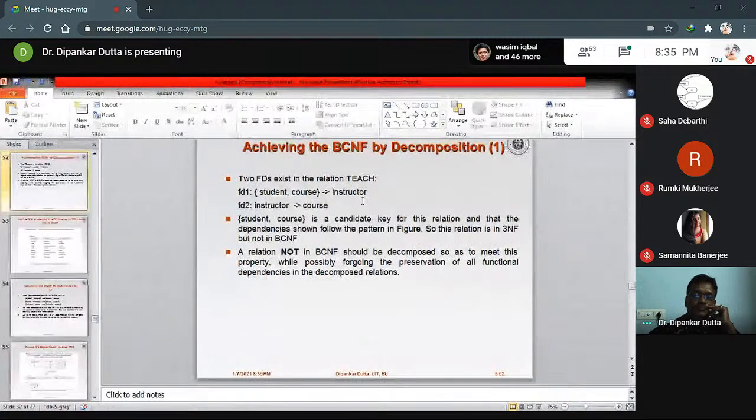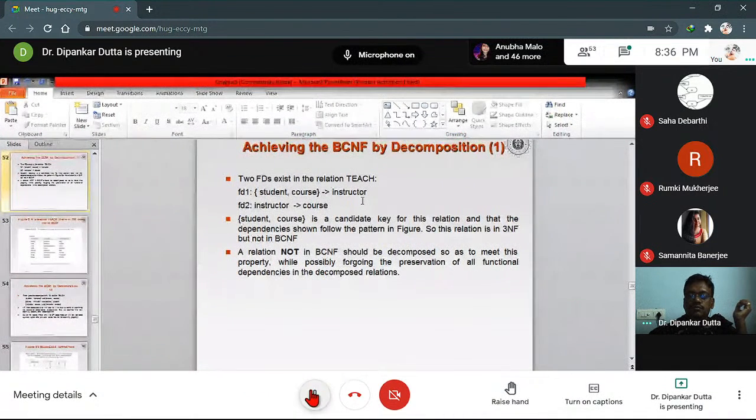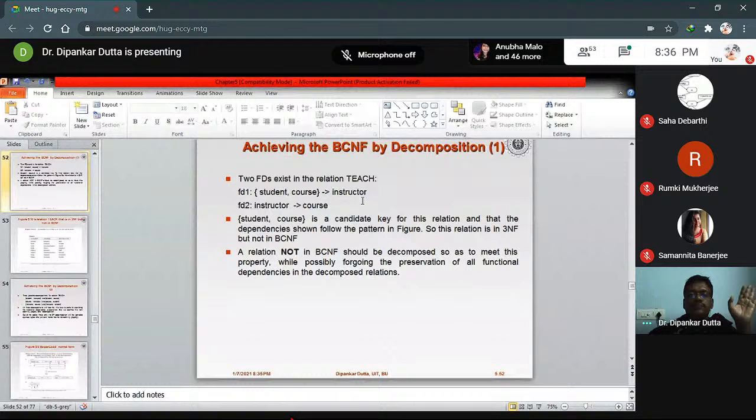So we can say that this relation is in 3NF because there is no transitive dependency. Yes or no? Okay. Now,